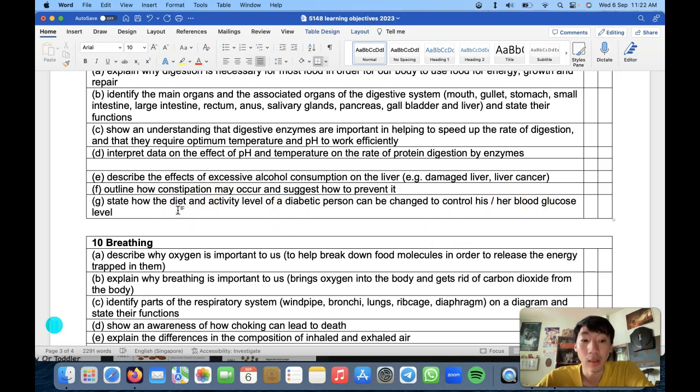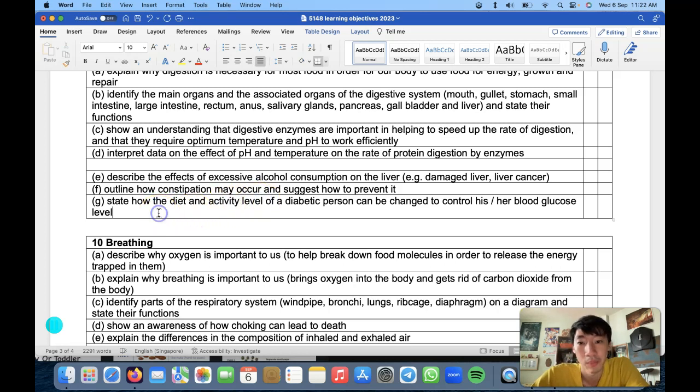So what can we do to avoid diabetes? Firstly, we need to have a good diet. Avoid taking in sugary drinks. Really limit them. Don't drink so much bubble tea, at most once a week. Sugary drinks like sweet drinks, once a day. The other times just drink water. Water is so nice, honestly. Water is so good. And then you should also exercise, because when you exercise, you're using up the blood sugar in your body. When you exercise, you are fitter and healthier, and more able to control your blood glucose level.